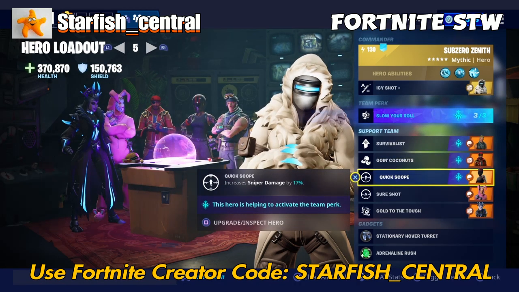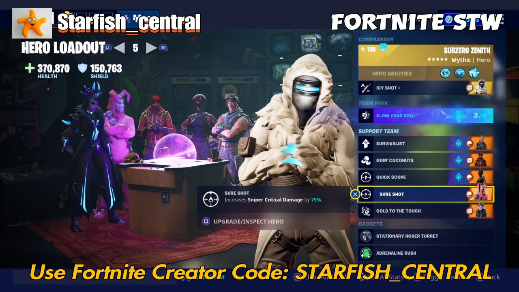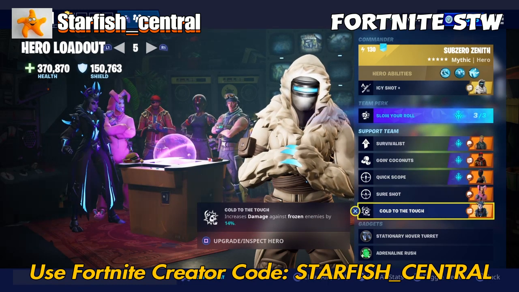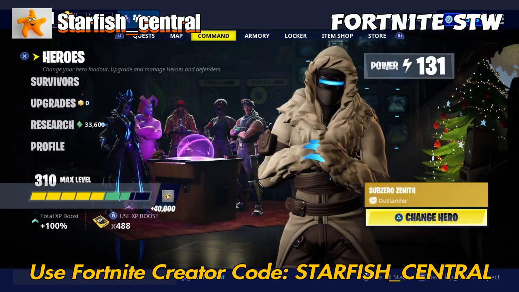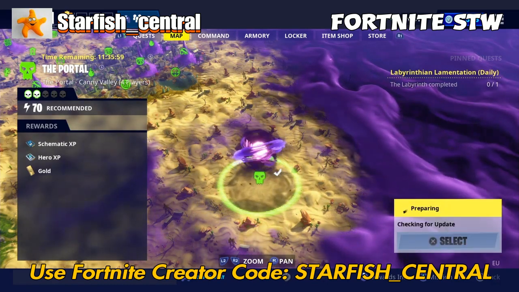Quick scope increases sniper damage by 17%. Sure shot increases sniper critical damage by 75%. Cold to the touch increases damage against frozen enemies by 14%, and stationary hover turret and adrenaline rush. So what we're going to do is go into a Canny Valley Storm King, and I'll show you